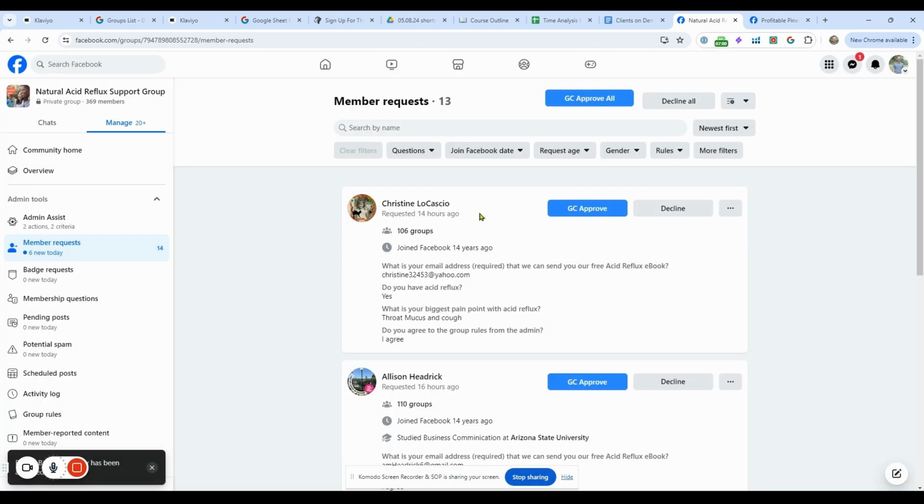And so we're just approving these all, and all these are going straight over to Group Collector and collecting the email address. And that's it. So that's what you're going to be doing. And then it's going to go into your drip sequence. In a later video, we'll go over what to email them, but it's pretty much a lead magnet.